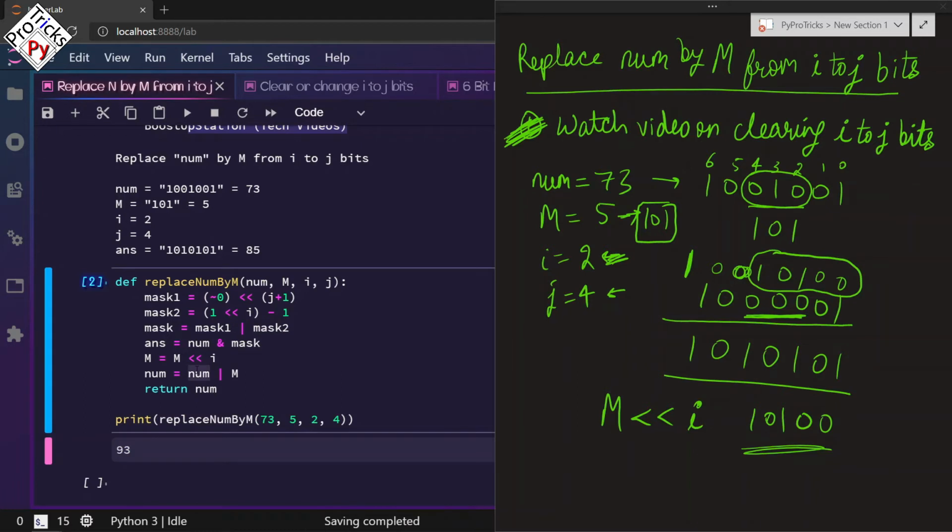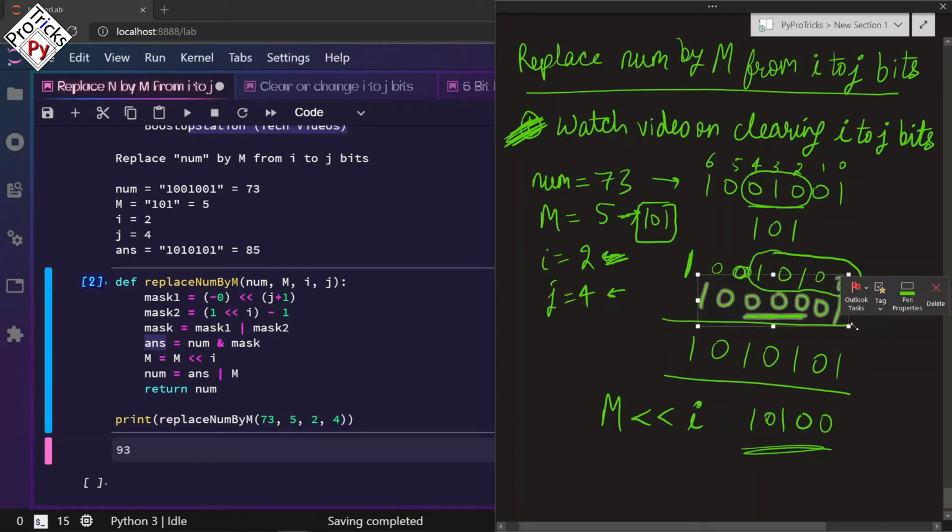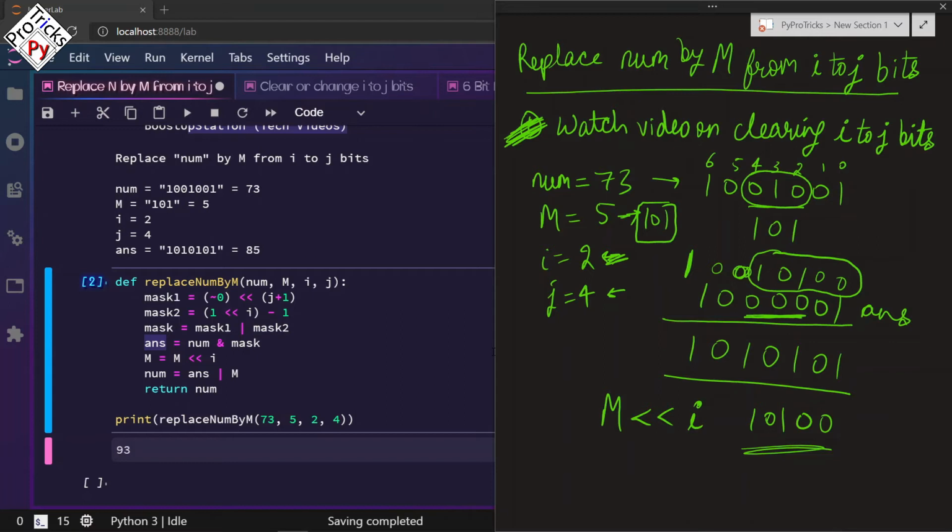So here we have to do the OR with the answer we got right here. We must have done it with the answer here. And if we execute now, you can see that we have got 85, the correct answer.